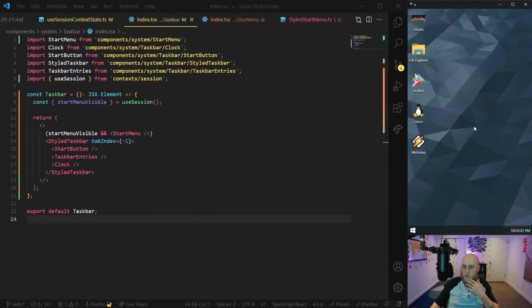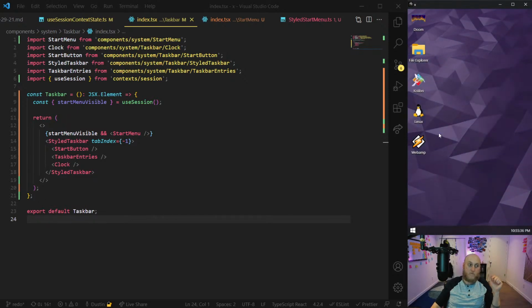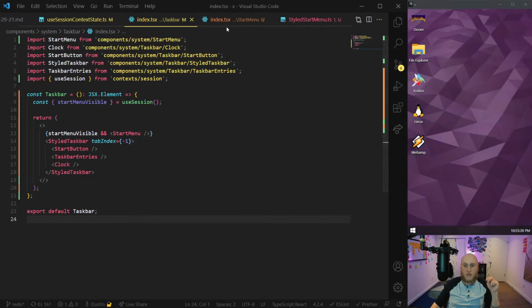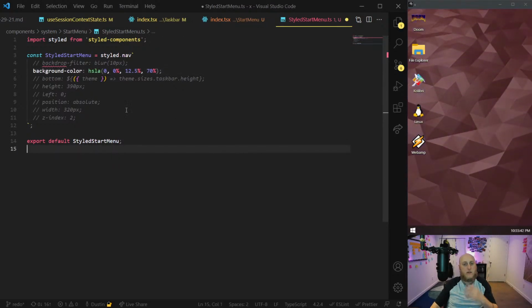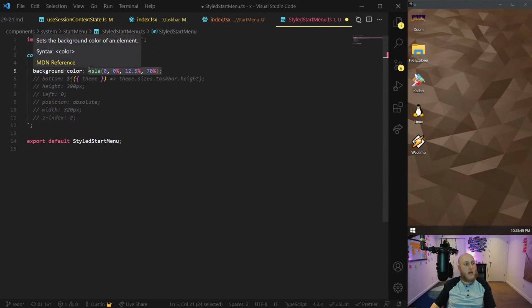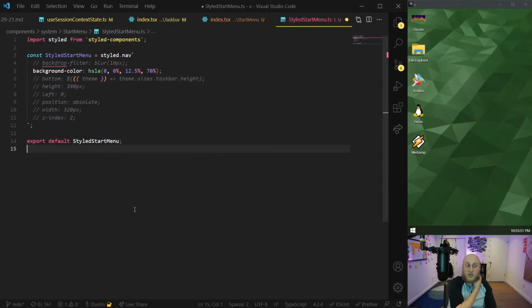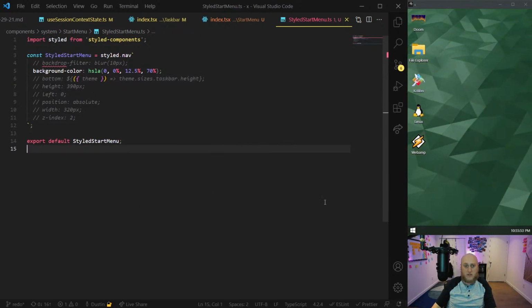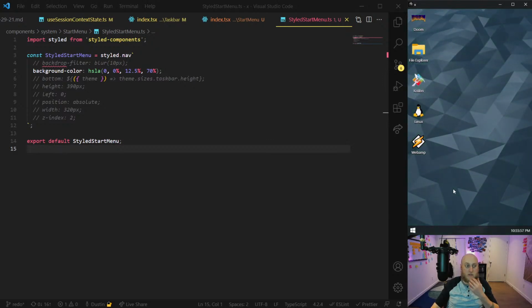So let's reload this. Now when I click start menu, nothing happened, but it didn't break. So something did happen, but visually we can't see it. So let's get to the first styling. First, let's add a background color. I've basically used the same as the taskbar color, but instead of 10%, I've gone an extra 2.5% lighter, because that was my observation as to how it looked in Windows. So let's save that. I don't know if that's going to visually help us. Now when I click, still don't see anything because it's not positioned correctly.